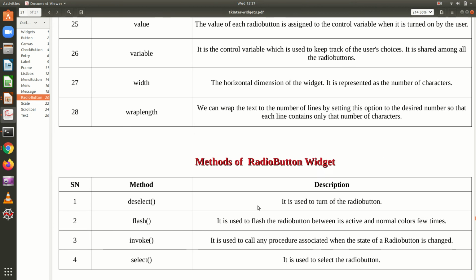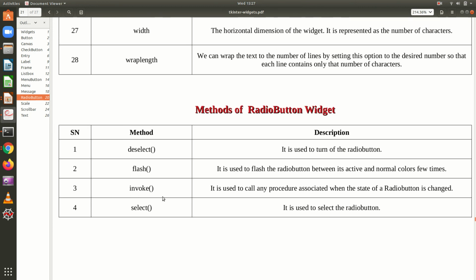In the same way, we have some methods also. These are some of the interesting methods where, during the execution of the program, you can deselect, that is, turn off the option which is already selected. Flash is used to flash the radio button between its active and normal colors a few times. And there is invoke, to invoke the command, right?